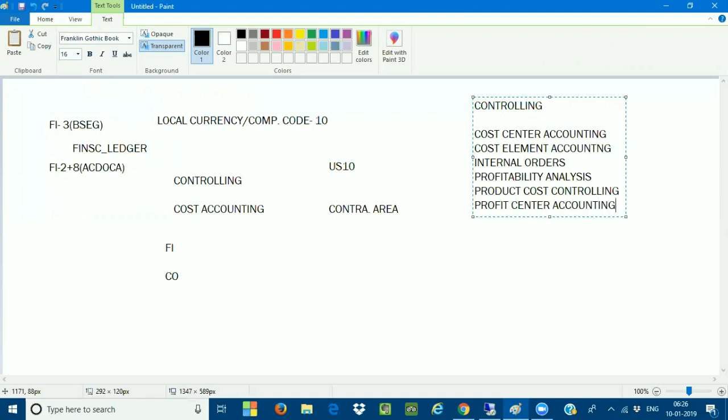Okay, these are all going to be called the components in controlling. Like in FI, we have accounts payables, general ledgers, account receivables, asset accounting. These are the components of your finance. In the same way, controlling is one of the modules where we are going to have cost center accounting, cost element accounting, internal orders, profitability analysis, product cost controlling, profit center accounting, activity based costing. These are all called internal components of controlling, where we can control the